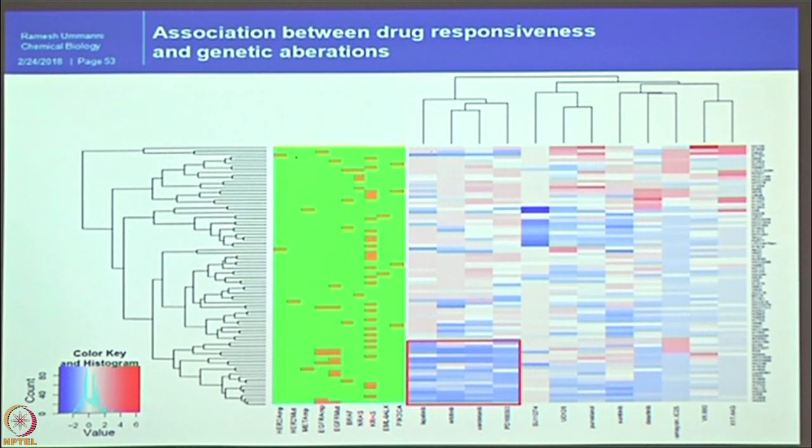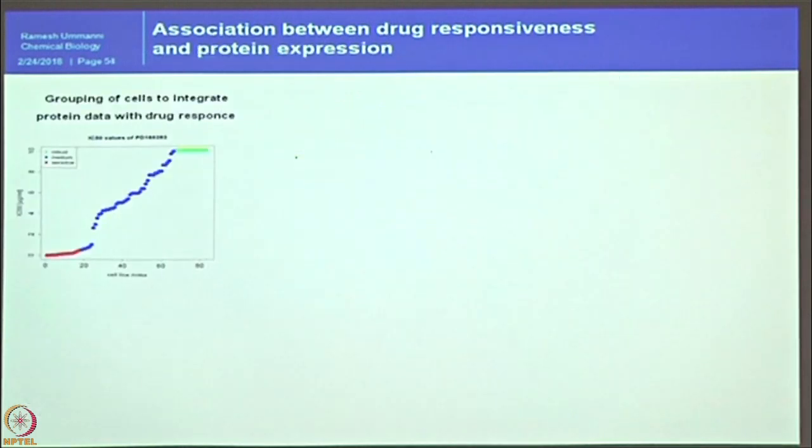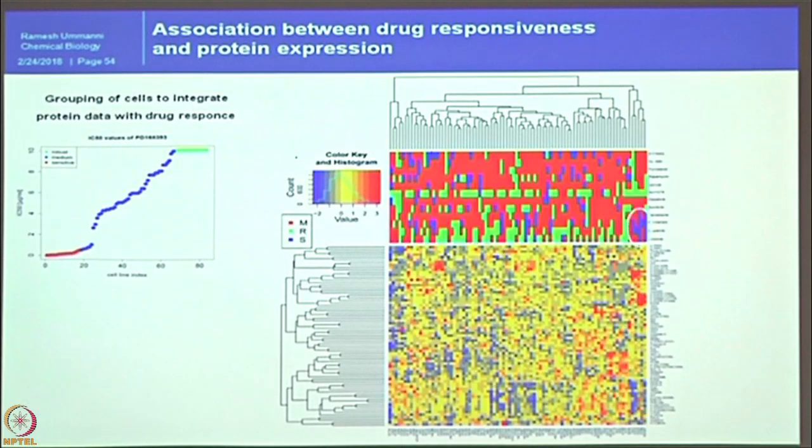All these cell lines having aberrations for EGFR amplification and EGFR mutations are responding to the EGFR targeting drugs. That means this is already established data that we can observe. Whatever data we generated here is new, so this is a kind of case control for us. Now, can we establish some new prediction markers using the other data sets? So, using this we also established other data sets. In this case, it is nicely aligning here.